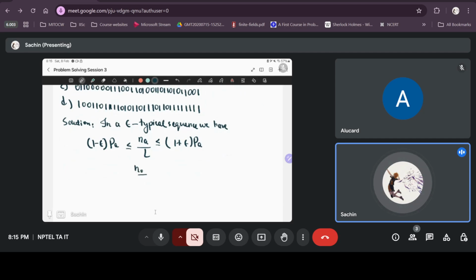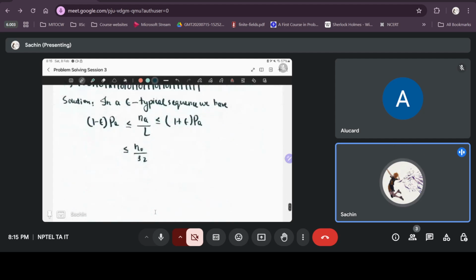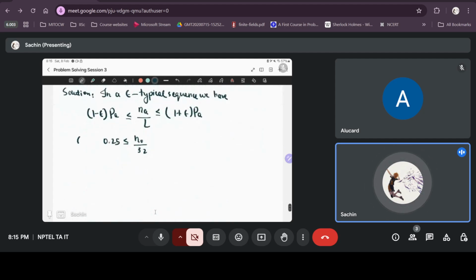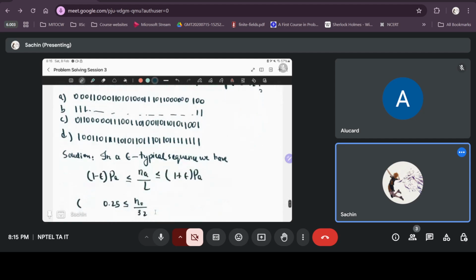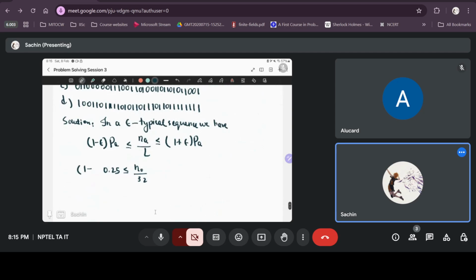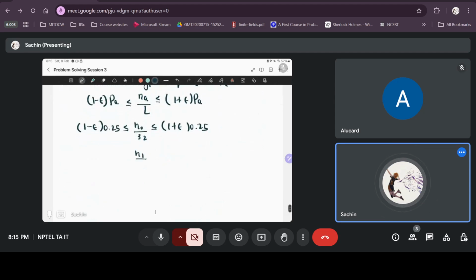So n of 0 divided by 32 is between the probability of getting 0, which is 0.25, into 1 minus epsilon, and less than or equal to 1 plus epsilon into 0.25. And n of 1 divided by 32 is between 1 minus epsilon times 0.75 and 1 plus epsilon times 0.75,